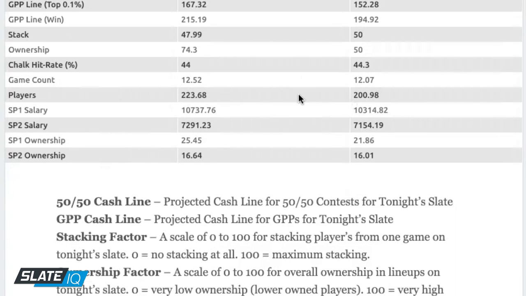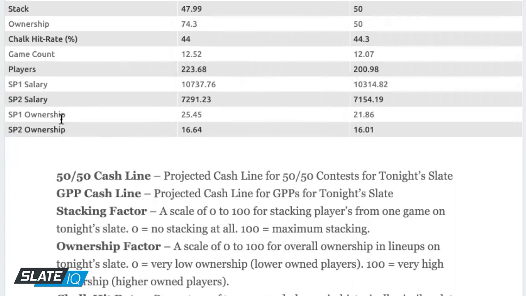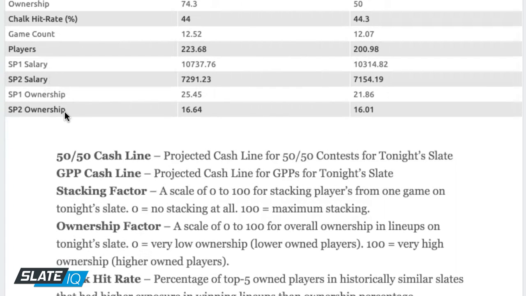Number of players, as you'd expect, is a little bit more here for the similar versus the average. And then as you go down, we have the average salaries for the pitchers for the most expensive pitcher in the second, and then average ownership for the most expensive in the second here for those different things. So that's kind of the main Slate Texture table that really enables us to look at everything from a high